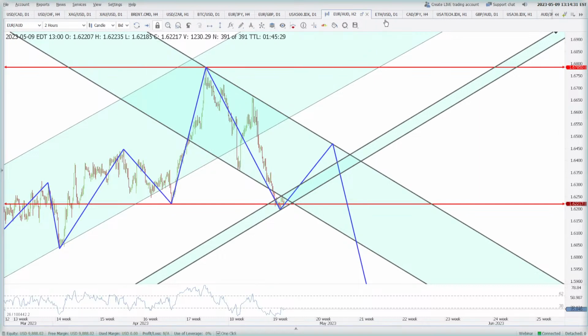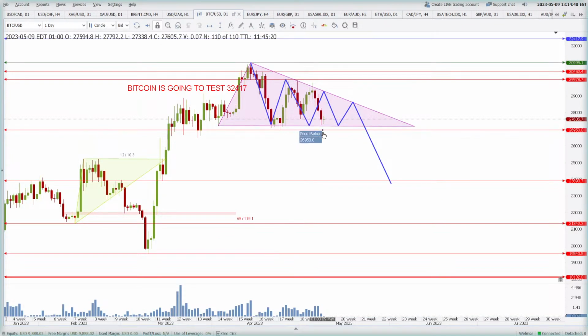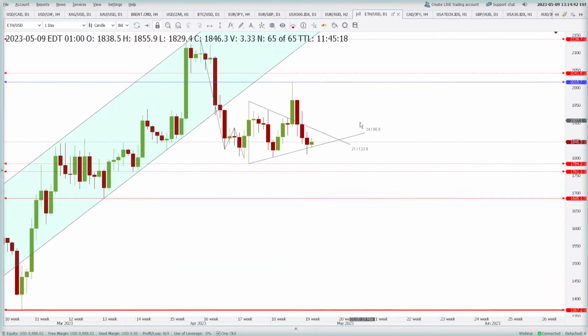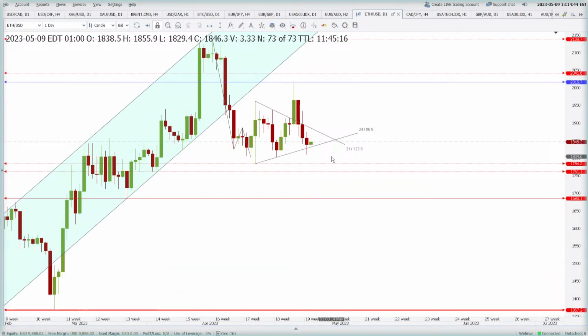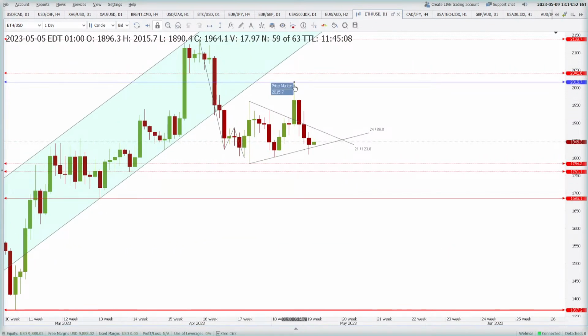I hope that helps. Okay, let's look at the Ethereum now. So Ethereum is trying to hold at the lows here, but the Bitcoin doesn't seem like holding. Okay, Bitcoin is also holding, so it's okay. So Ethereum and Bitcoin are going hand in hand, and now I have a feeling that there is a possibility of buying. Why am I saying that there is a possibility of buying? Because the push from this resistance,